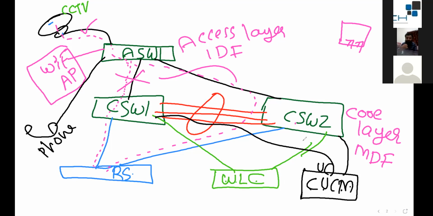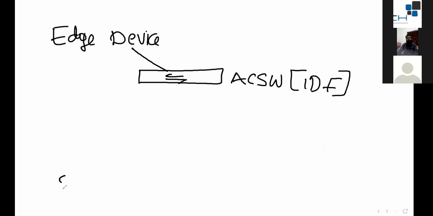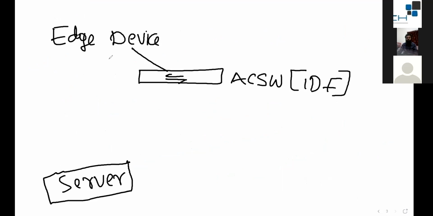So in short, you have an edge device connected to your access switch, which is in the IDF. Then, depending on what edge device you have, you need a server to provide services to that edge device.